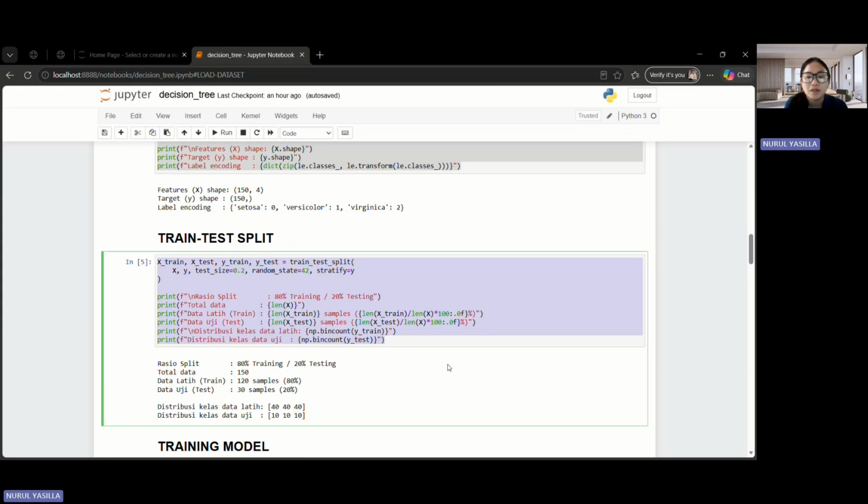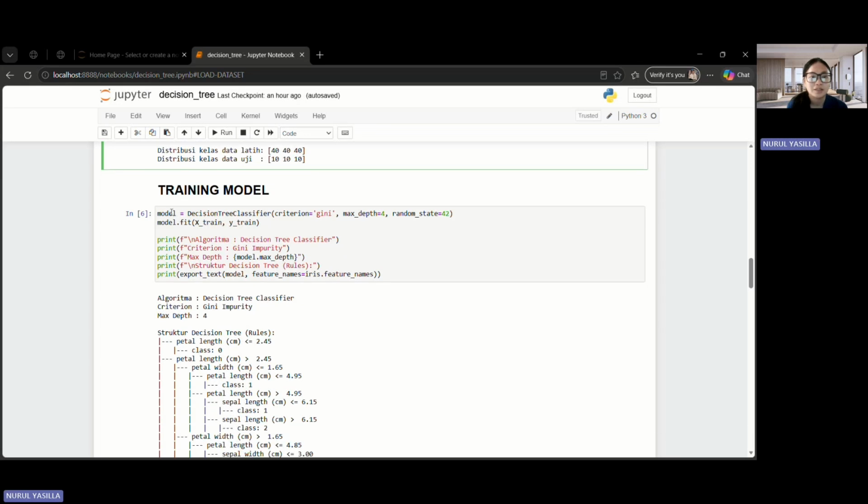The stratify parameter is critically important because it ensures the proportion of each class remains balanced in both data portions. Without stratify, the test data could end up containing only two classes, which would make the evaluation unfair and unrepresentative.